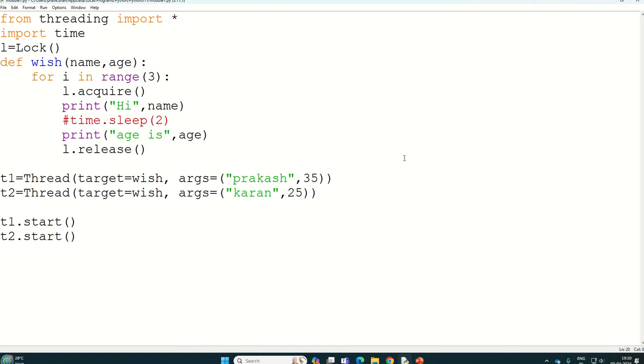Hello everyone. So our today's topic is all about synchronization using the lock function that we are going to use over here, and that is in multi-threading. Okay, so from threading import everything, import time also, and we have created one lock object which is L, and